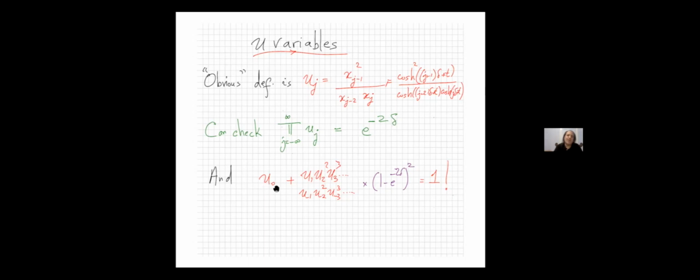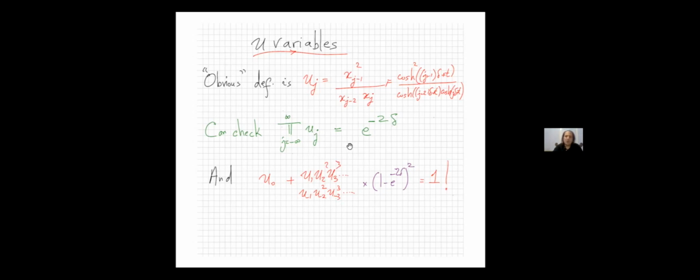And then by similar telescopic cancellation of numerator and denominator, you can verify the following equation, which I've written for U naught, but because everything here is manifestly translationally invariant in j, it's true for all the rest of them: U naught plus U1, U minus 1, U2 squared, U minus 2 squared, U3 squared, U minus 3 squared, etc. That's what the naive U equations would be. These powers 2, 3, 4 are just the intersection numbers. U naught doesn't wind at all, so U1 intersects once, U2 intersects twice, U3 intersects 3 times, and so on. So these are the naive intersection numbers.